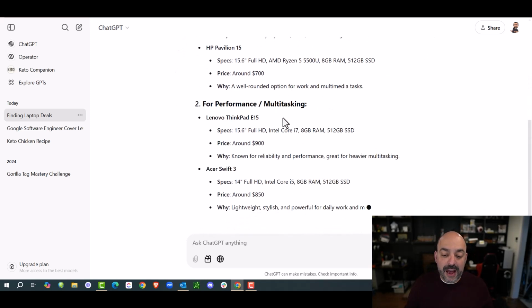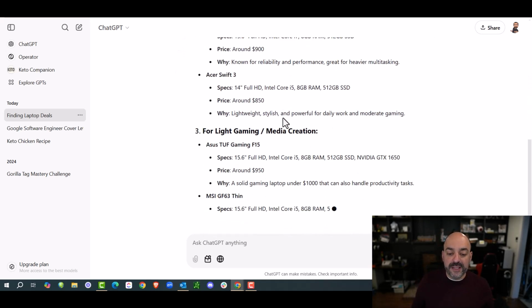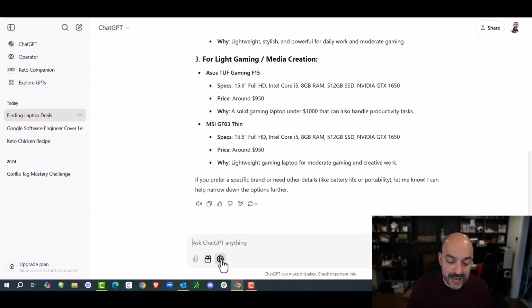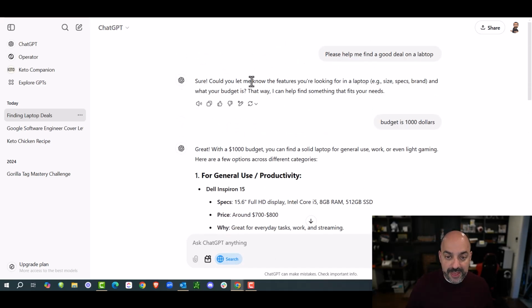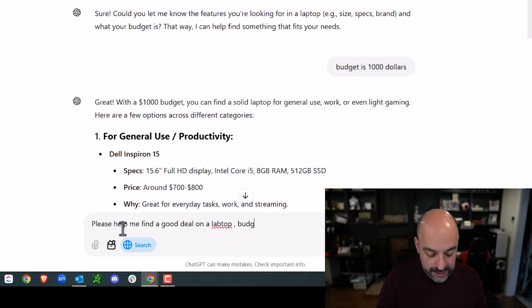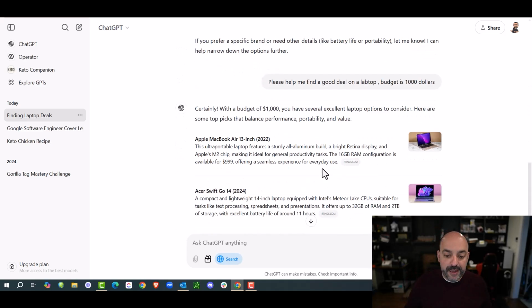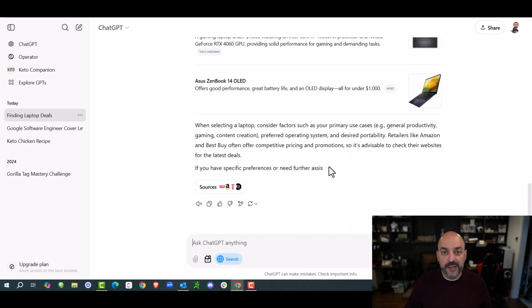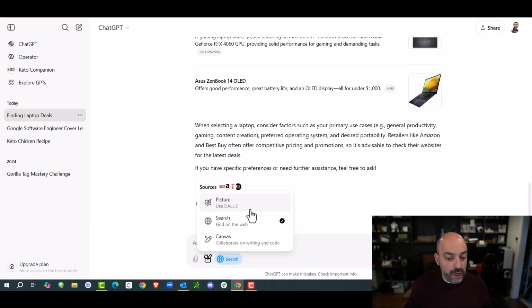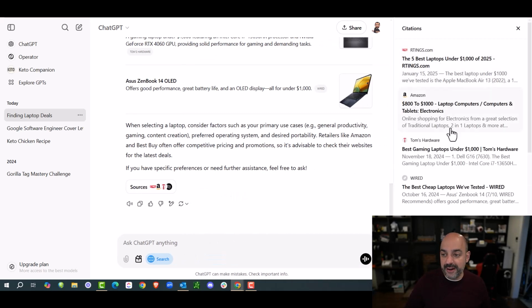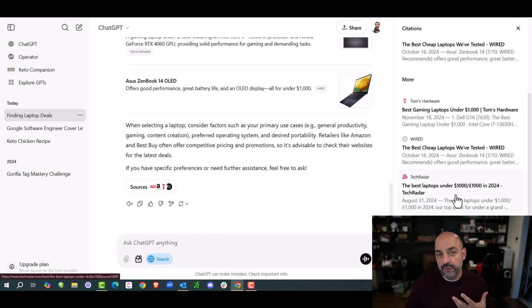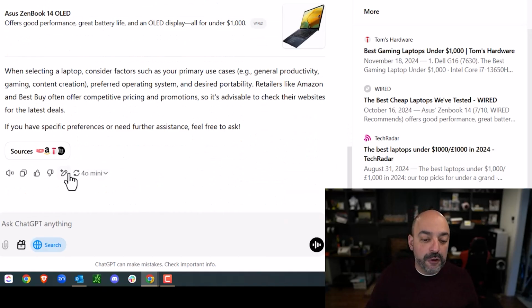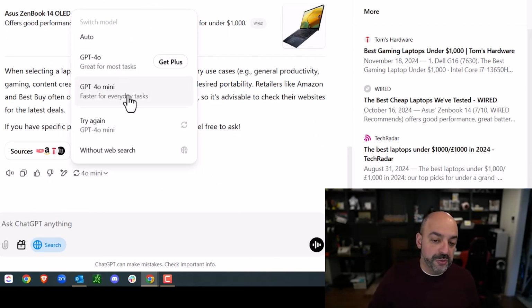Now notice it's not really searching the web. If I wanted to give some recommendations on that, I can hit the little search the web option. And if I do search and put that in again, I'll say budget is $1,000. All right, now what it's going to do is search the web and give me some real results. So these options back here are pretty cool, just so you understand how it works. And then it tells you the sources of where it got everything from, based on sites it thinks it should search.